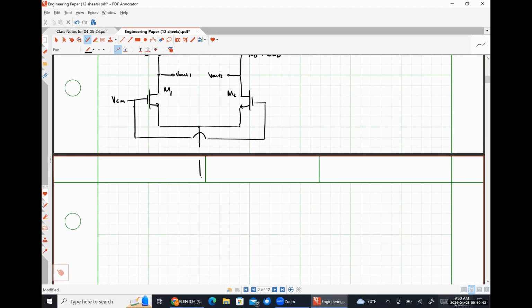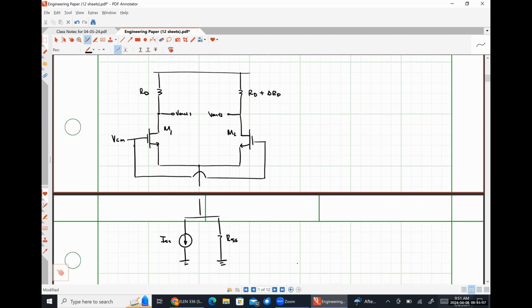And I'll just stick it down here for lack of a better place to put it. Here's our tail current, ISS, and our tail resistance, RSS. So if VCM increases by a small amount that we're going to call delta VNCM, then